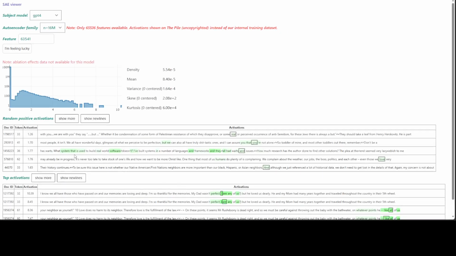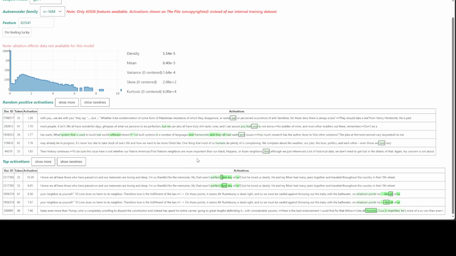We will just select maybe humans have flaws. Now, all these green ones, as you see here, have been activated in response to this feature, and it is telling us this is the source document, and then this is the activation matrix. Now, as I mentioned earlier, a feature is a specific piece of information that the network uses to make a prediction or classification. Think of it like a characteristic or attribute of the data that the network is analyzing.